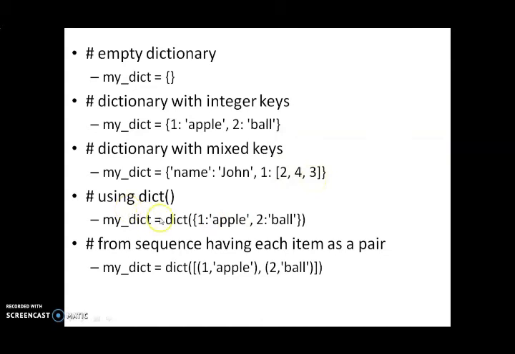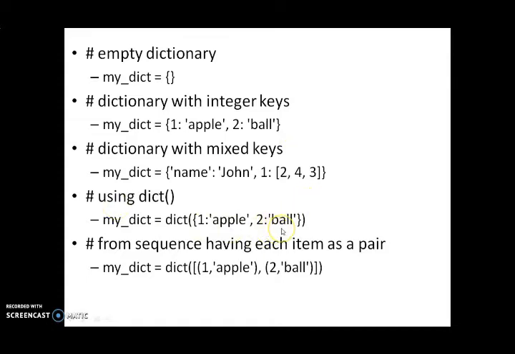Next one is another example where you can create a dictionary using a function. So my_dict is the dictionary name, that is equal to dict, which is a function. Inside that function you can have curly braces. You can see here we are having curly braces. This 1 is the key and apple is the value.